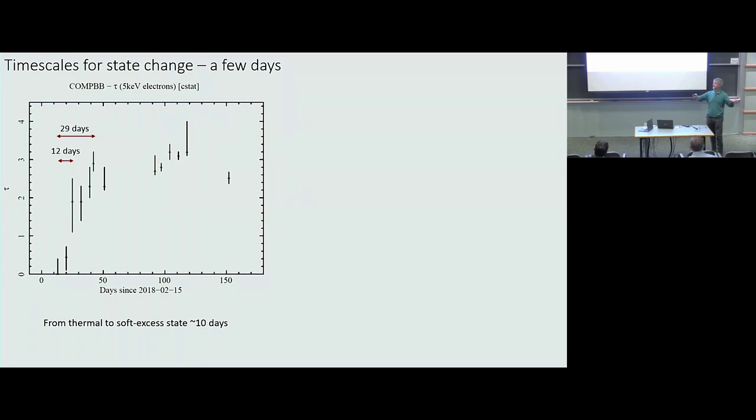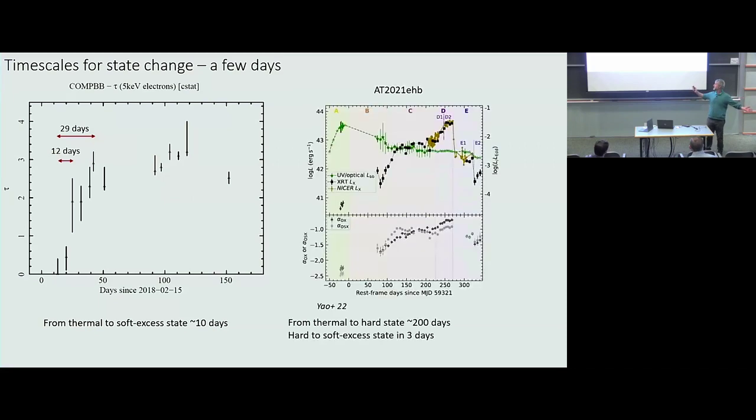Over 20 days, it's pretty much already there. And so it's incredibly fast, basically, in terms of producing a corona. This is just one example, and of course, since then, there have been quite a lot of other examples. This is a very nice one from Yao and collaborators in 22,